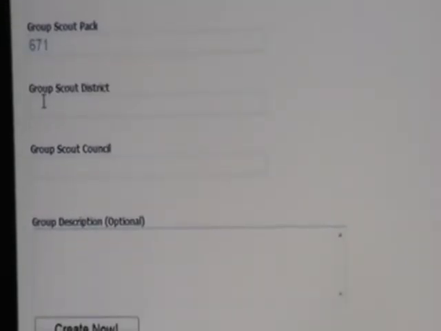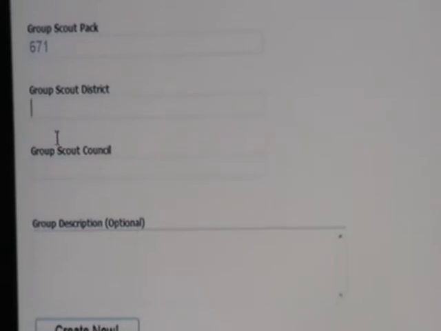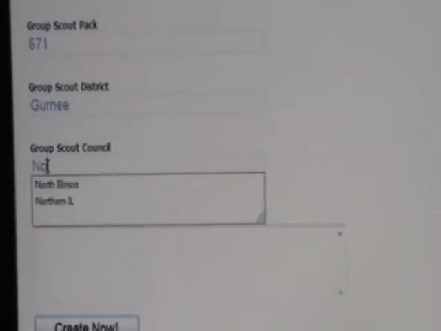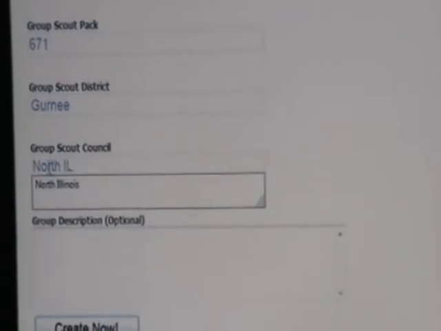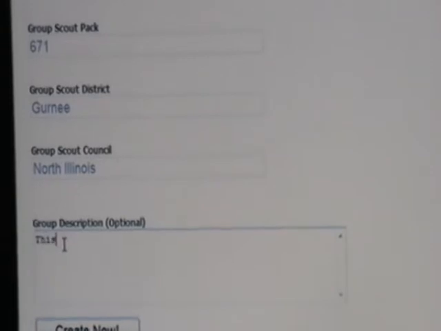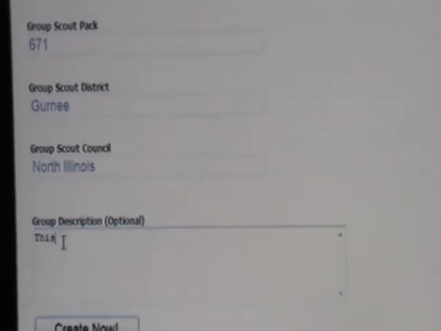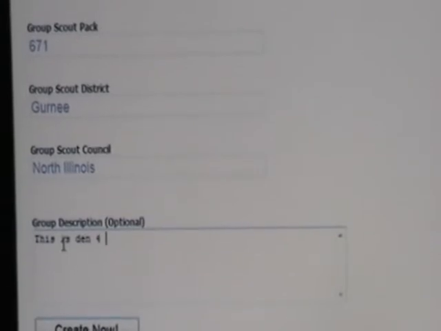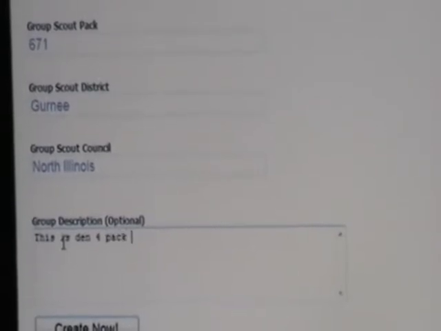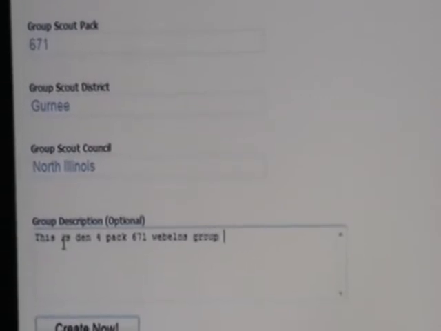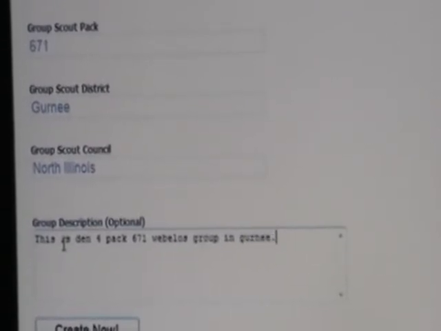District Gurney, Council North Illinois, and just put some description. This is Den 4 pack 671 Webelos group in Gurney.